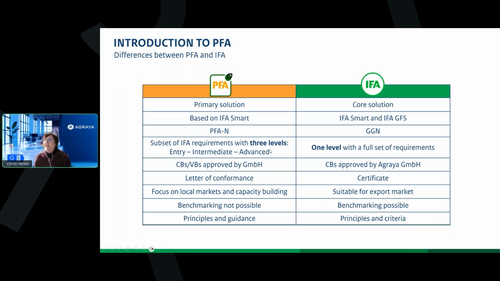Okay. Then we allow VBs, and I saw there's some questions there, but VBs is pretty much allowed, while with IFA, it's only certification bodies. Certification bodies can also do that. It's not, but then they obviously handle it as an assessment, and it can even be a consultative assessment. IFA gets a certificate, PFA gets a letter of conformance as proof that the producer or producer group, that legal entity, did reach the level that they should have, and that they are compliant against that.